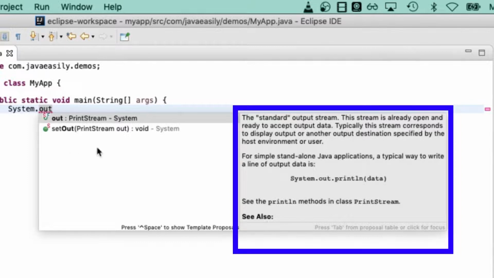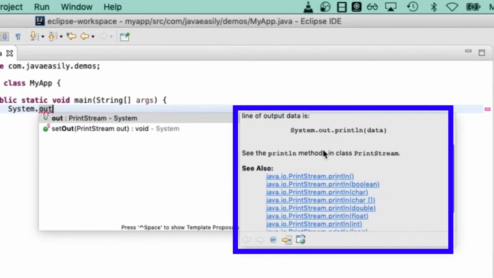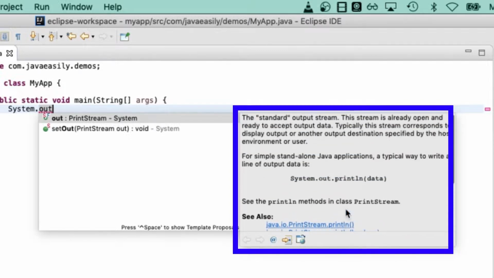So you can then go over, for example, just have a read of it. You can scroll up and see what it's telling you. You can see they're saying there's some other methods that you could also choose to look at as well if you wanted to. We're not going to look at this in detail now, but just know that it's there to help you. And it's another one of these nice aspects of Eclipse that you have, which again makes Eclipse, in my opinion, the best IDE for beginners to start out with.